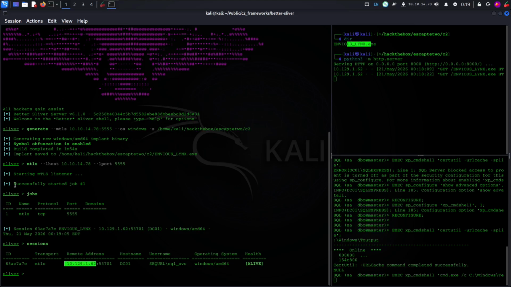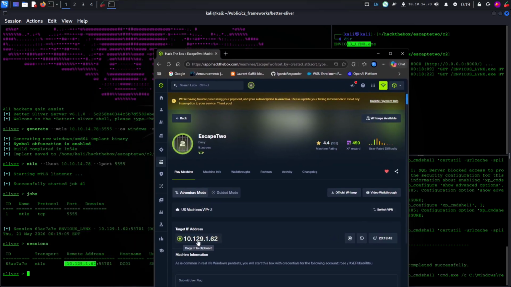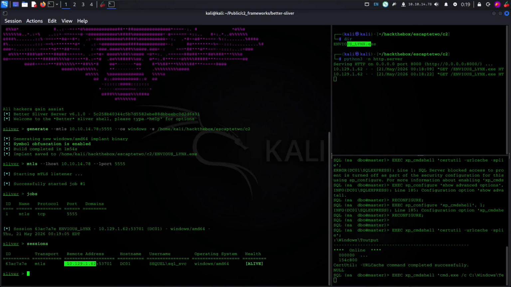This is the IP of the machine, 10.129.162. I just generated this port, and it has given us the host name and the username, the Windows,